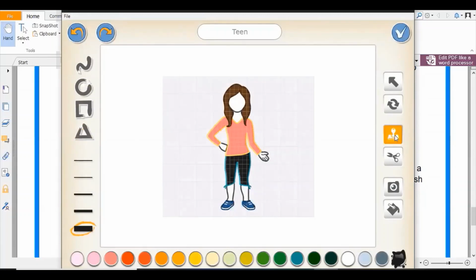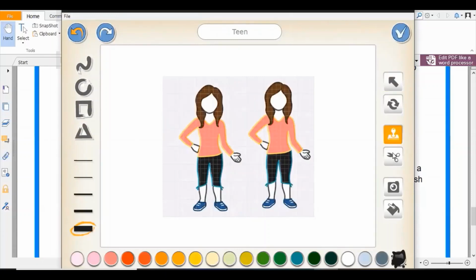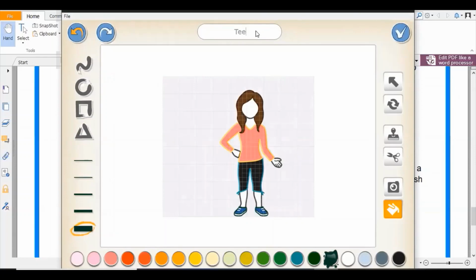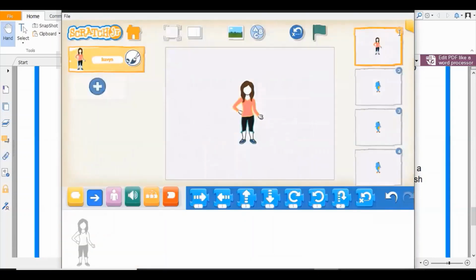Say I click on this copy duplicate button and suppose I click on this. So you see it has got copied. Now if I want to cut some part of a particular object, or I want to cut the entire object, I select this scissor kind of icon. So see, if I click this, it will get cut. Also you can change the name. If I want to change the name, say I name it Kavya and I click OK. So you can see in the left hand side, the name of the character is now changed.